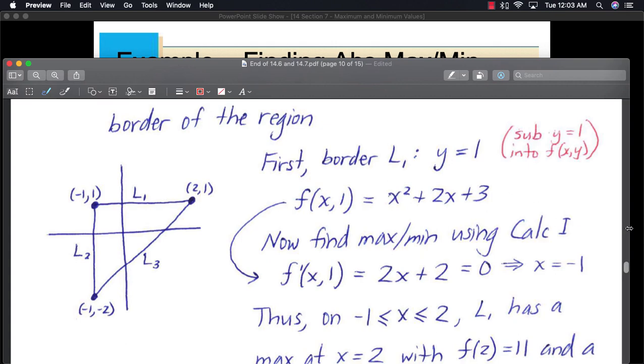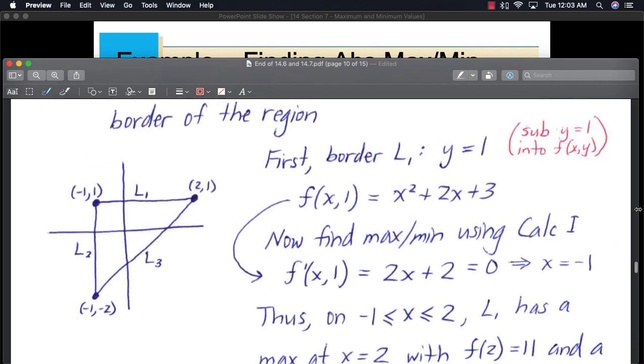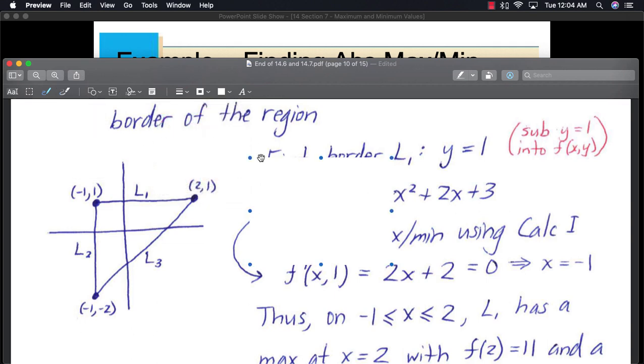In fact, let me cover up some of this stuff here. Let's see. So I'm going to cover up this stuff over here. You might have already seen it, but